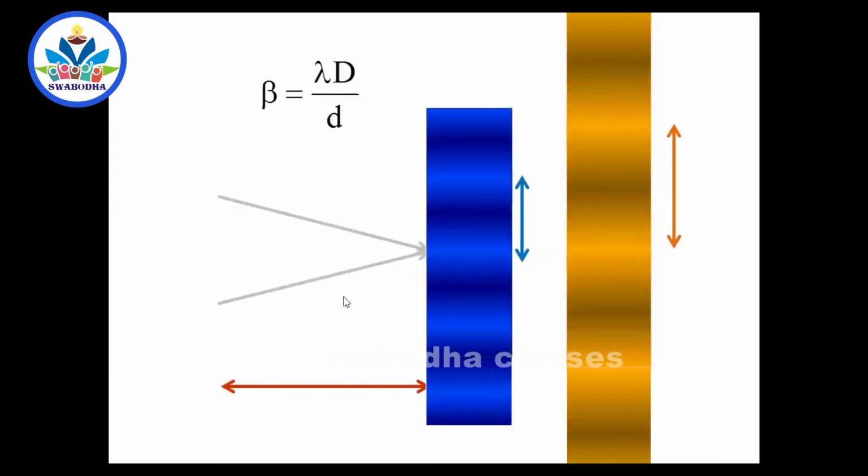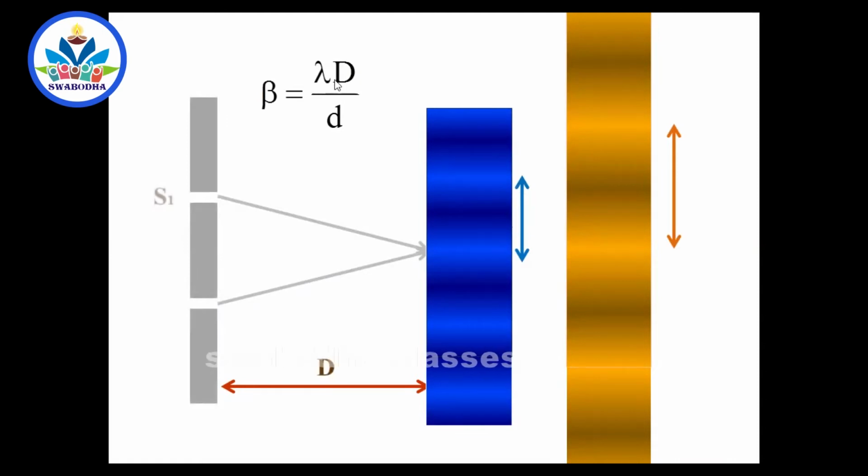And one more thing, this is what I have explained. Fringe width depends on the wavelength. If you switch on blue light here, you will get blue bright, blue dark, blue bright, dark, blue bright, like this. But the blue bright and bright distances are lesser because the wavelength of blue light is less. Suppose in the same apparatus you switch on a red light, then the red fringes, red bright, dark, are far away. They are separated by a larger distance, whereas in the same apparatus, if you put blue light, then the fringes will be closer and closer. So beta depends on lambda, the wavelength.